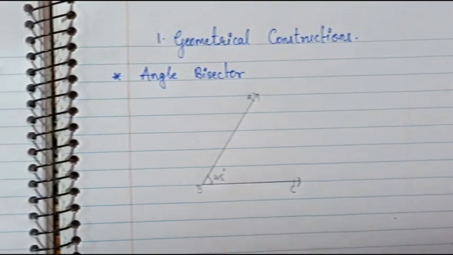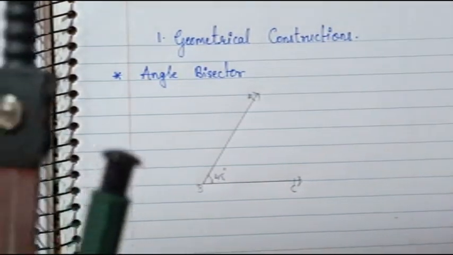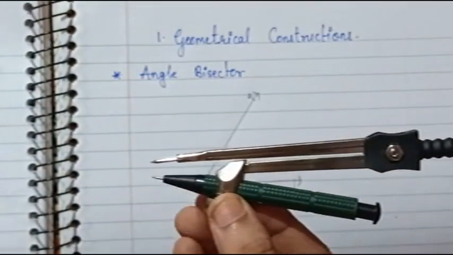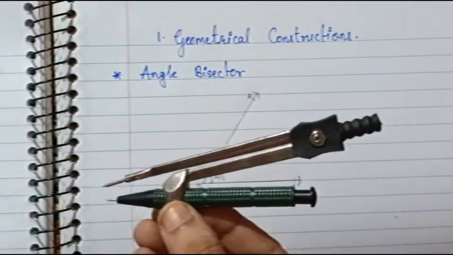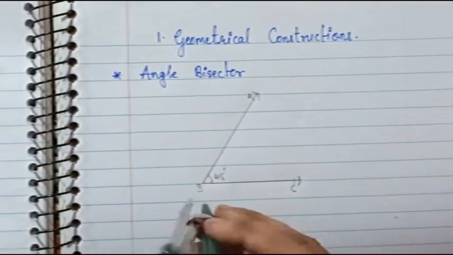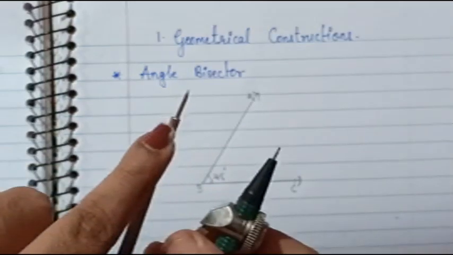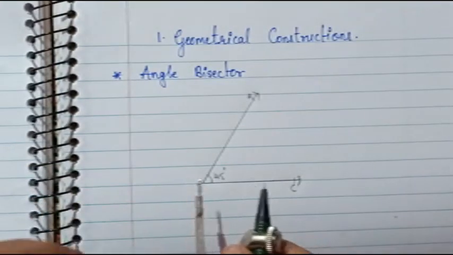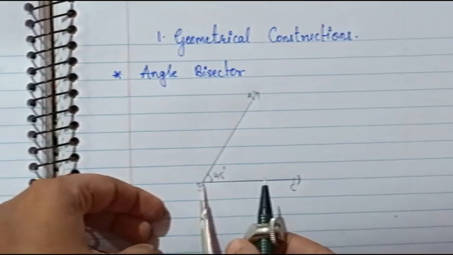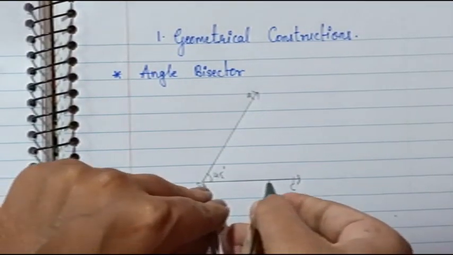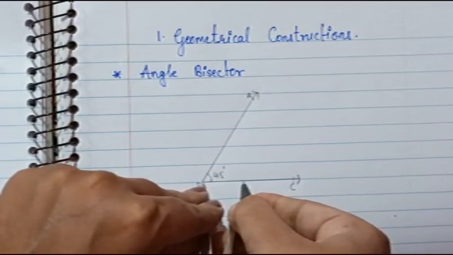Okay. Now students, you can use the divider. So now this is the divider, right? Or you can say the rounder, or you can say the compass. Now to bisect the angle, you have to place the point of the rounder. This is the point of the rounder. So you have to place it properly at angle point B. Okay, and you don't have to take the half of it, you have to take lesser.